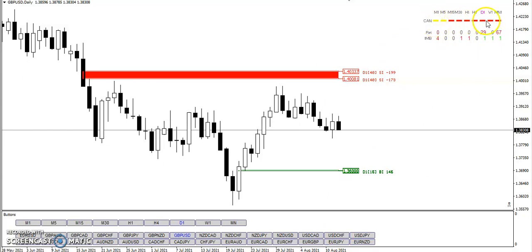A lot of people like the candle color multimeter, but I haven't seen other people use the multimeters. This tells me at a glance what the candle colors are in all the MT4 chart